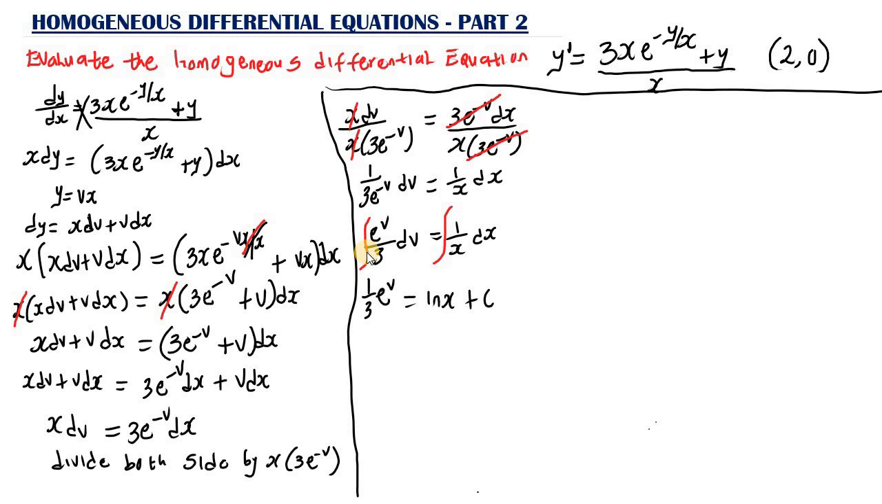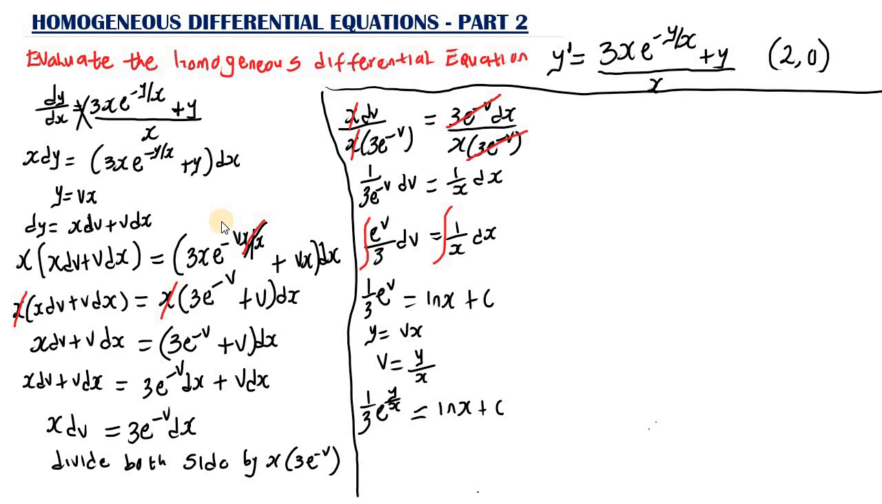Now, if you remember, we said y is equal to vs. Now, we are going to solve for v. So if y is equal to vs, v is going to be equal to y over s. So whenever you see v, you are going to plug in y over s. So this is going to be 1 over 3, then multiply e raised to the power of y over s. Okay, so we replace v with y over s. Then this is equal to ln of s, then plus